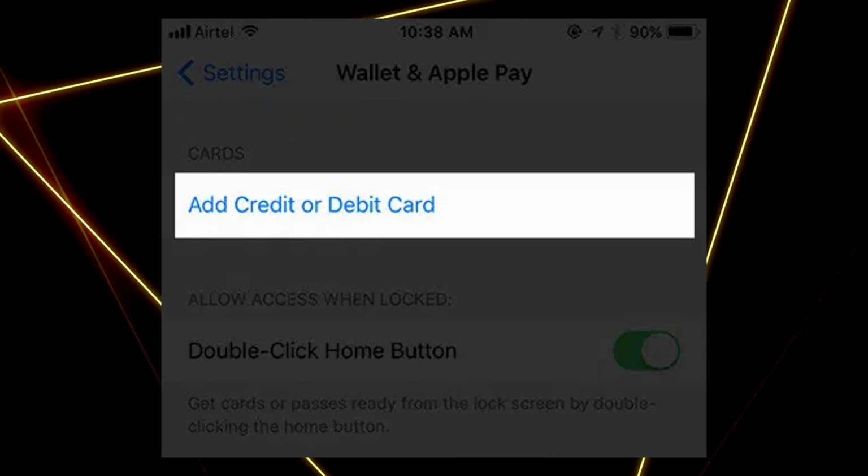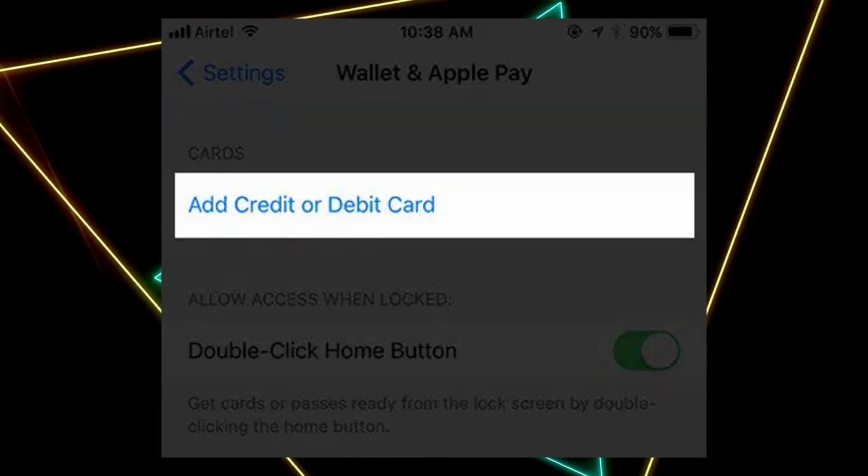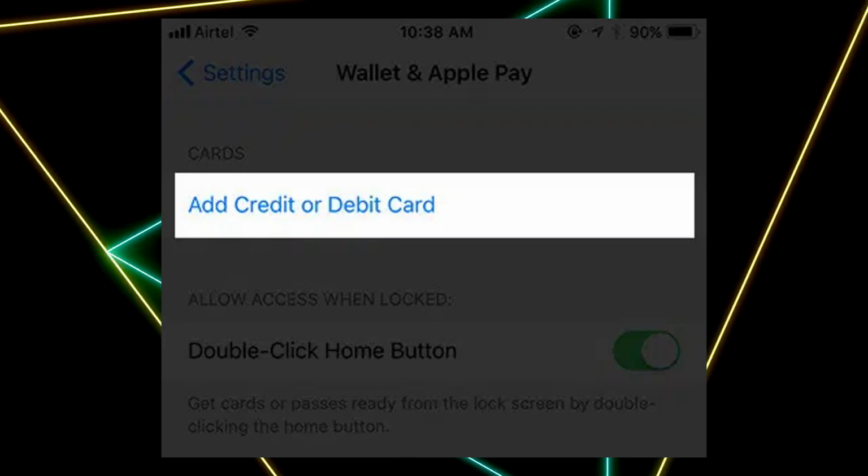You need an iPhone 6 or newer, Apple Watch, Apple ID, debit card, credit card, or available only in the